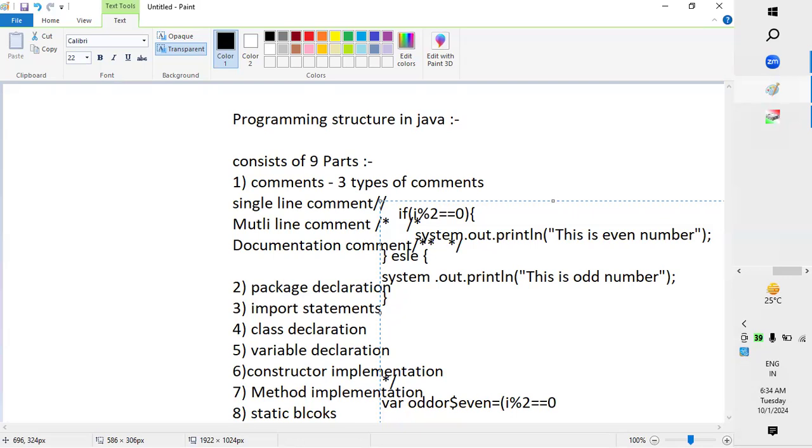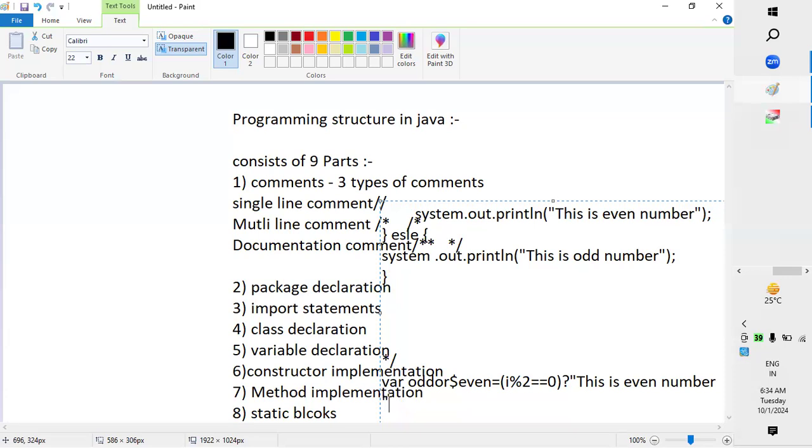Percentage 0 to close this, wherein we need to provide: this is even number, where we have to close the statement, and this is odd number, because